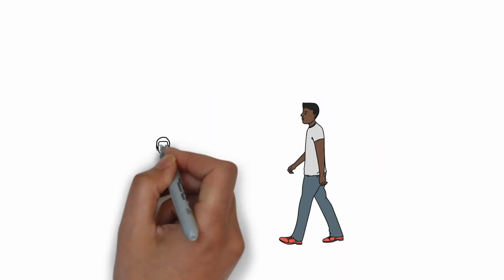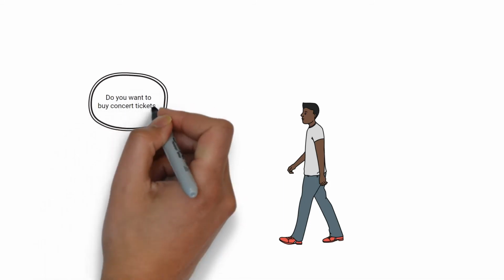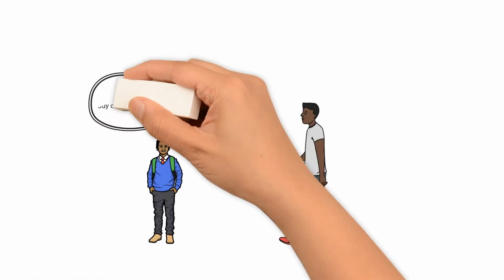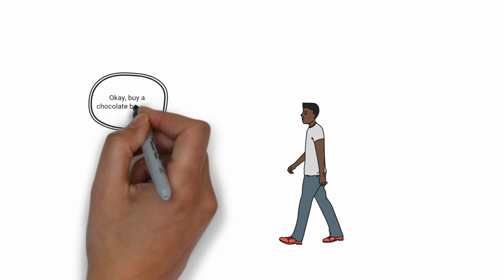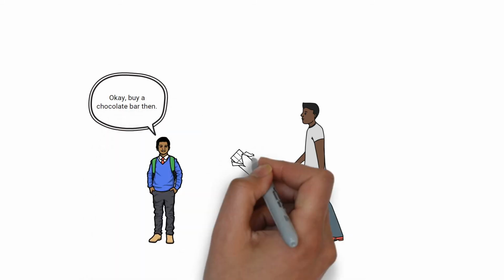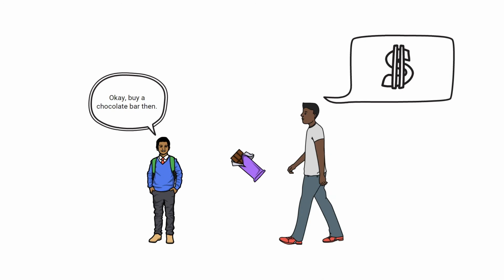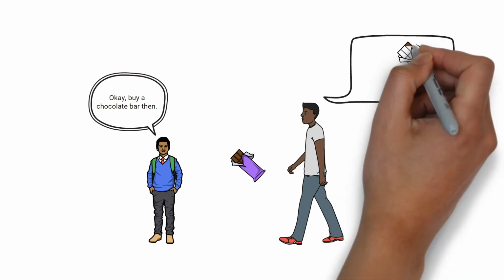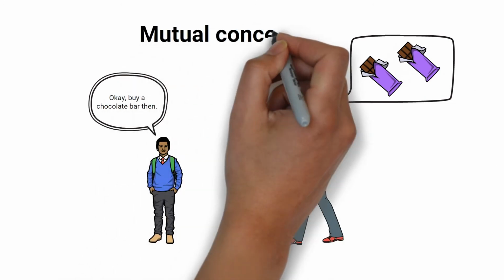The next example, a young man is walking down the street and a little boy comes up to him, who says that he is selling tickets for a concert that will take place in the evening, next weekend. The boy asked if he would like to buy some tickets, but the young man refused. Well, the boy said, "If you don't want to buy tickets, then buy big chocolate bars. They are very inexpensive." The young man bought a couple of pieces, and immediately realized that he was caught. Conclusion: he doesn't like chocolate, he loves money. But he was left with 2 unnecessary chocolates, and the boy left with his money. This technique is called mutual concessions, the need to make concessions in relation to the concessor.